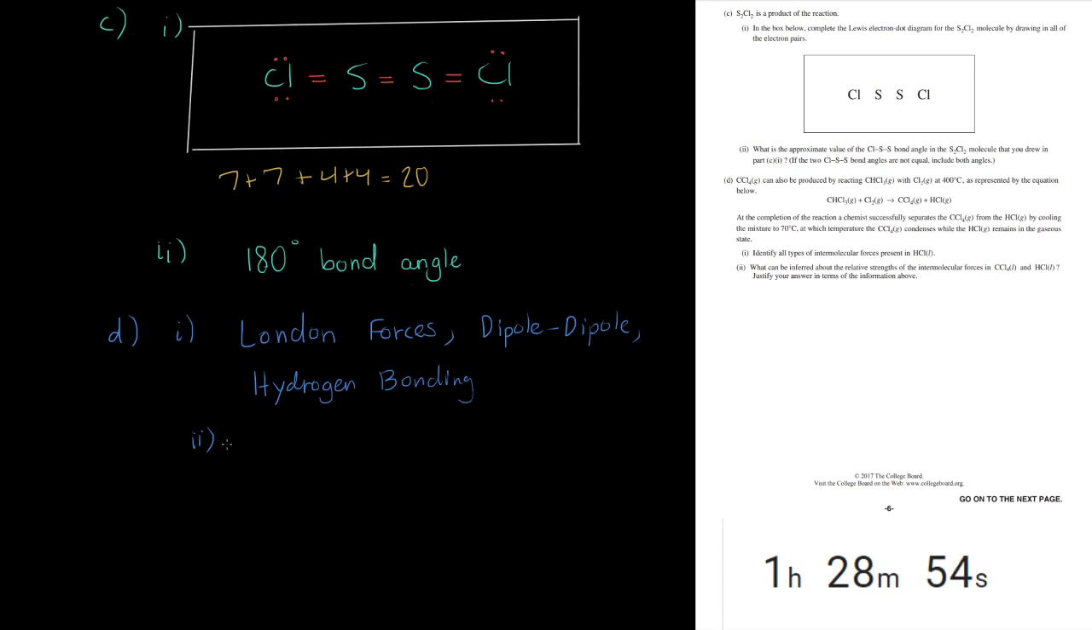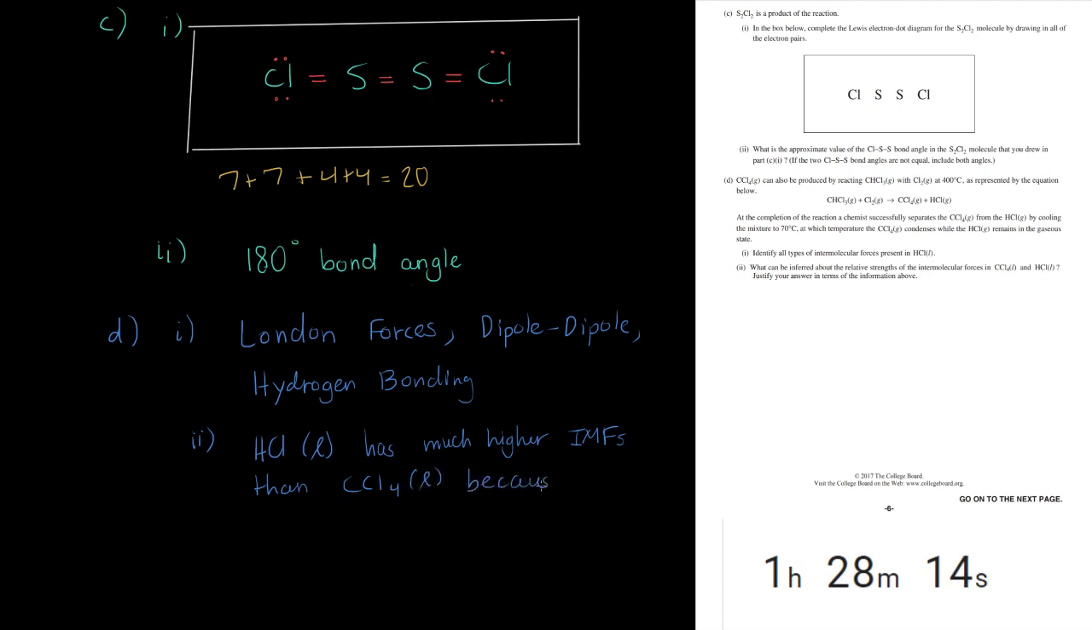What can be inferred about the relative strengths of the intermolecular forces in carbon tetrachloride liquid and hydrochloric acid liquid? Justify your answer in terms of the information above. In carbon tetrachloride, we're not going to have any hydrogen bonding. So I would say that HCl liquid has much higher intermolecular forces, which I'll abbreviate as IMFs, I believe that's okay, than carbon tetrachloride liquid,